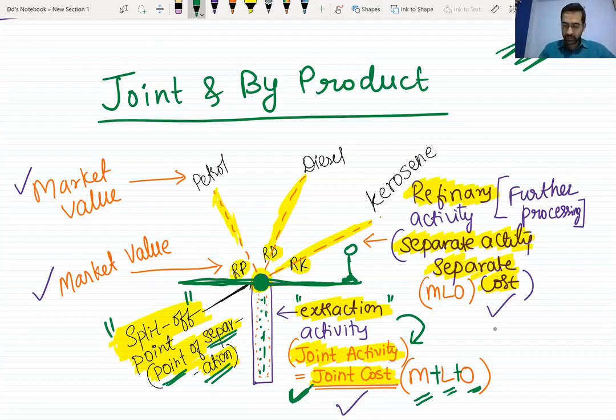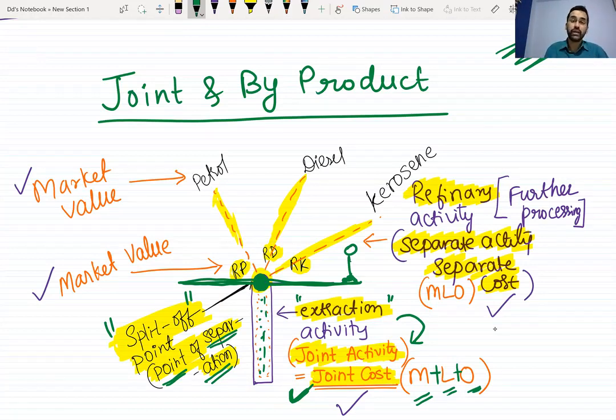Now you tell me, once you separate them, you have raw petrol one side, raw diesel one side, raw kerosene one side, right? Ultimately, you're going to sell it as petrol, diesel, and kerosene, correct? Now, from raw petrol to petrol, you will have to do refining activity. Extraction is done. Raw diesel to become diesel, you have to do refining activity. Raw kerosene to kerosene, there is a refining activity. Can you refine all three of them together? No, you cannot put raw petrol, raw diesel, raw kerosene in one machine and then say, let's refine now. Not possible.